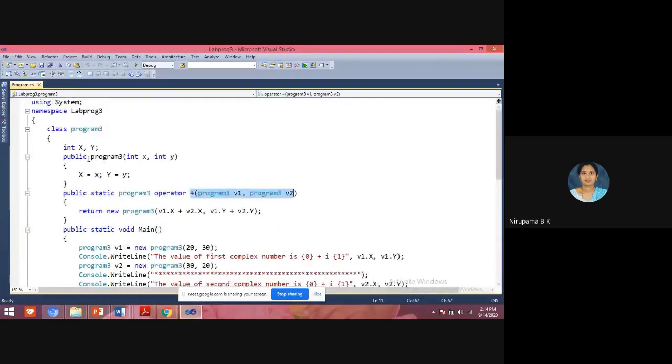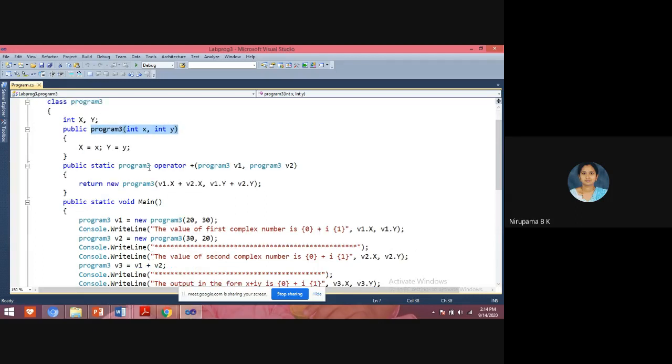Here, this is one method. In this method, I have two variables and I am assigning the value of small x to capital X, small y to capital Y. This is the operator overloading method.